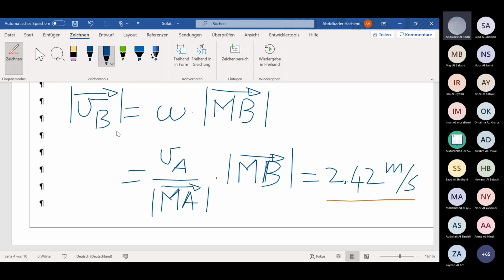This is the second exercise. For the third one,